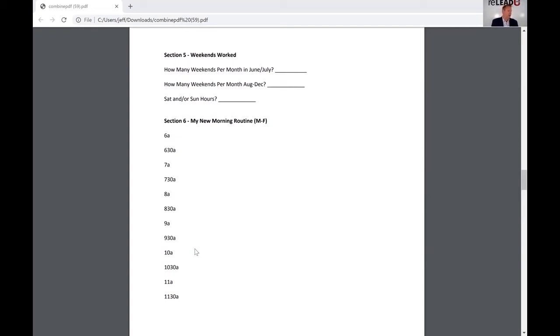of your plan, the original plan had my weekend schedule and then how many weekends I'm going to work per month. What I'm recommending you do there is whatever that number is that you had written down. Let's say you're going to work 2 weekends per month. I'm going to recommend in the month of June and July, you bump that up by 1 and you increase that to 3. Or if you had 3 written down, I'd bump that up to 4, right? If you had 1 written down, bump that up to 2, all right?